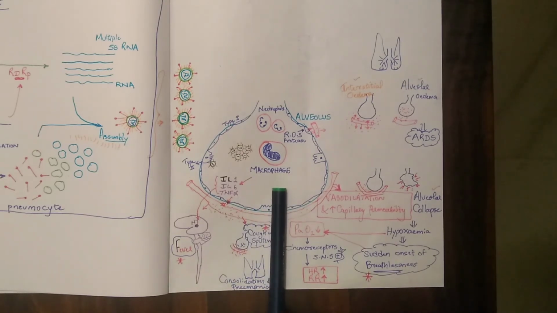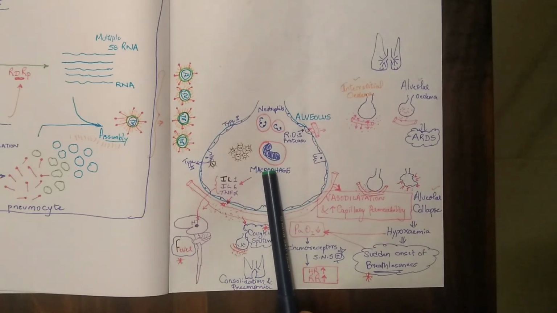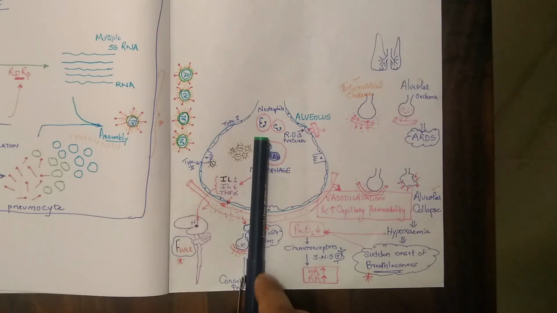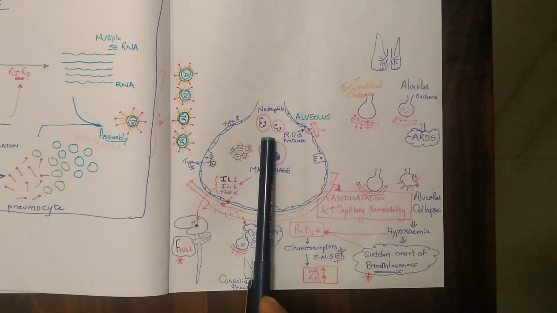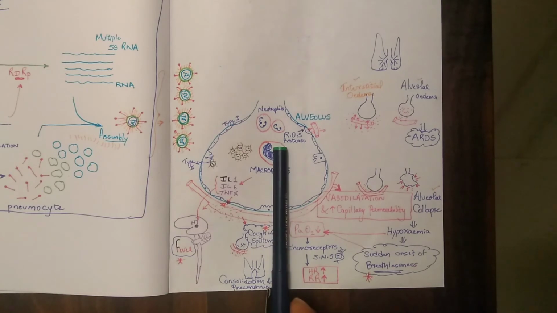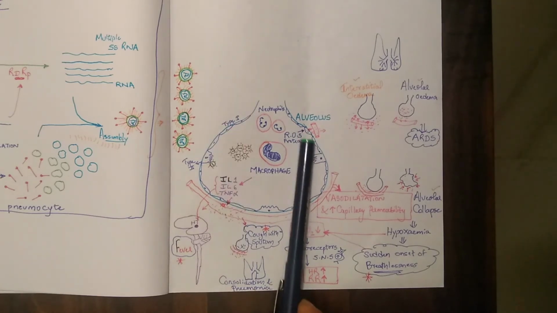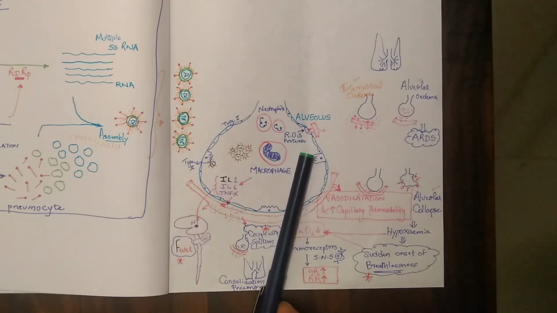In addition to macrophages, these macrophages are actually present here only in the alveoli. They are called alveolar macrophages. But the next set of cells, the neutrophils, the first line of defense, will come into play. Usually neutrophils are not found in the alveolus, but now they come over here. These neutrophils will release reactive oxygen species and proteases. They will have two effects. One, direct injury to type 1 pneumocytes. This simple squamous epithelium is there, no? That one, type 1 pneumocytes.